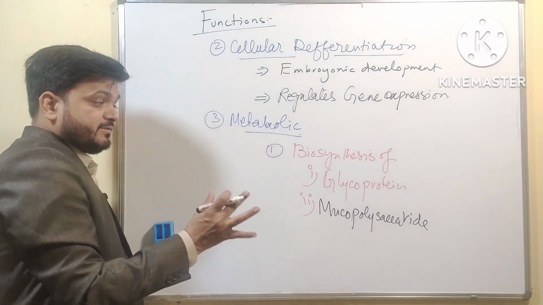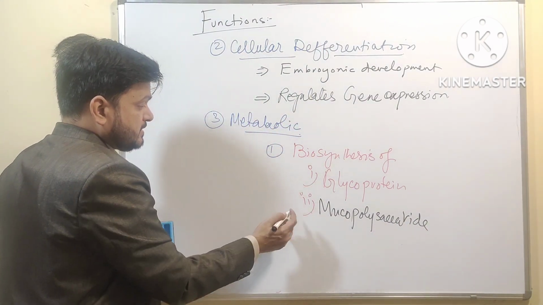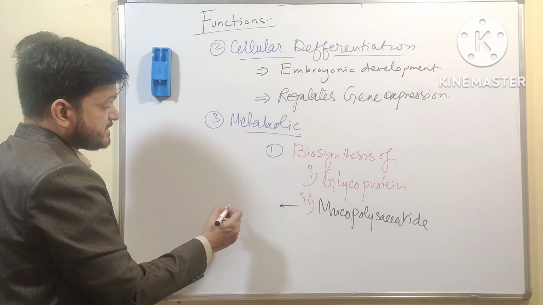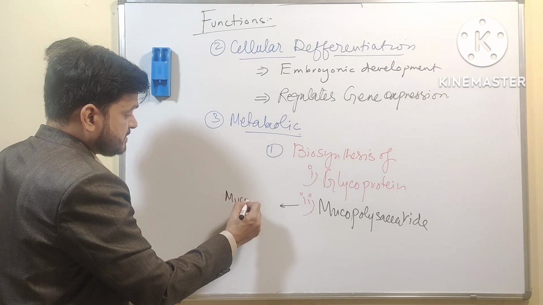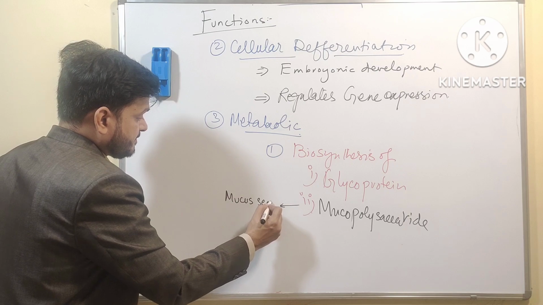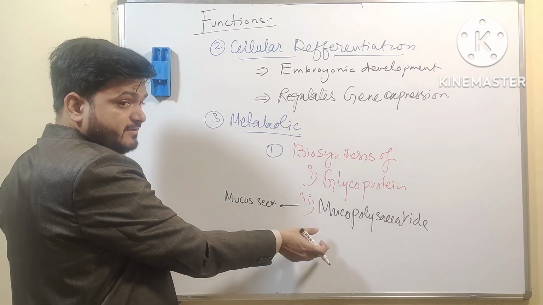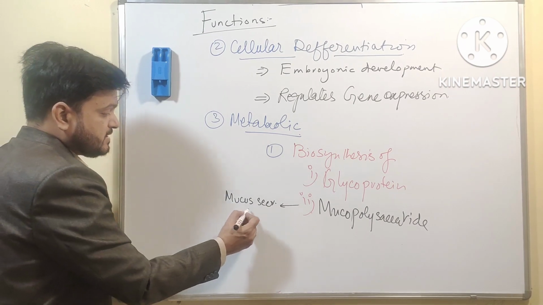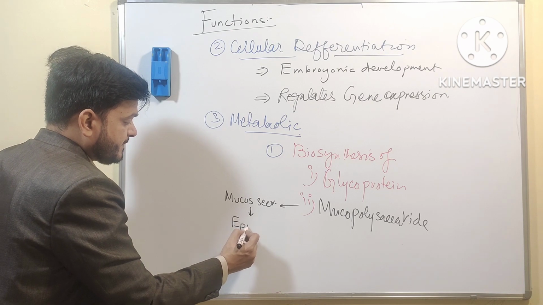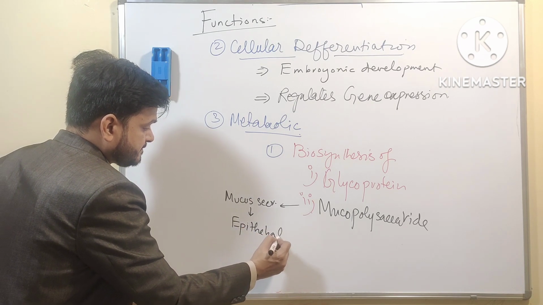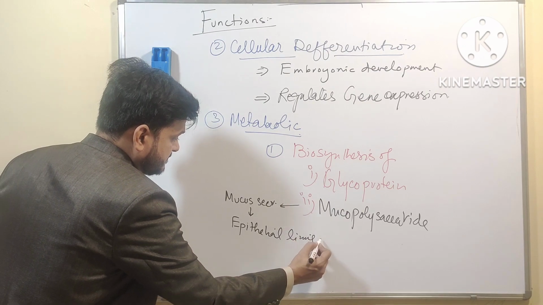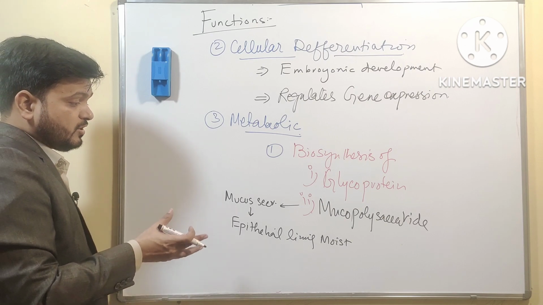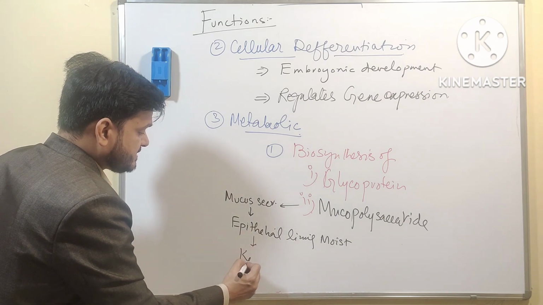Why this? Why do I emphasize that particular component? Because mucopolysaccharide is very important as far as mucus production and secretion is concerned. If we do not have enough mucopolysaccharide, we do not have enough mucus, which keeps the epithelial lining moist, right? And if the epithelial lining is not moist, what happens? Keratinization occurs,